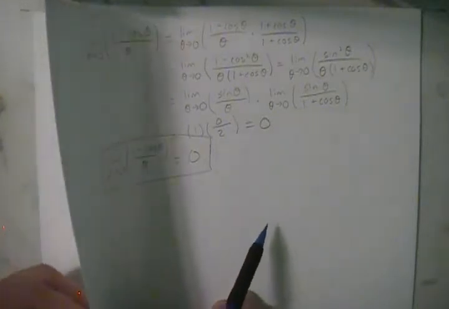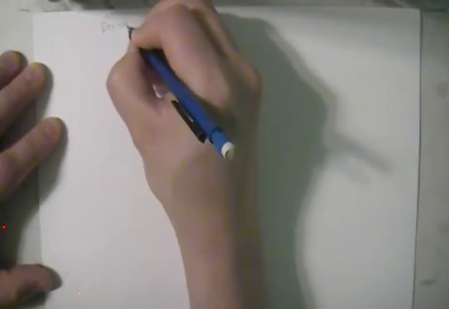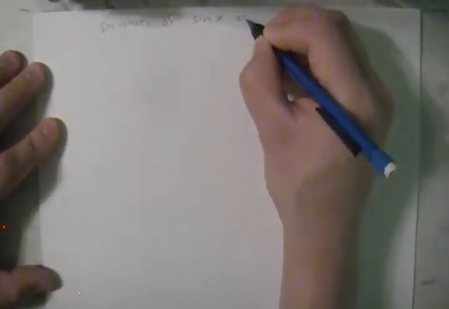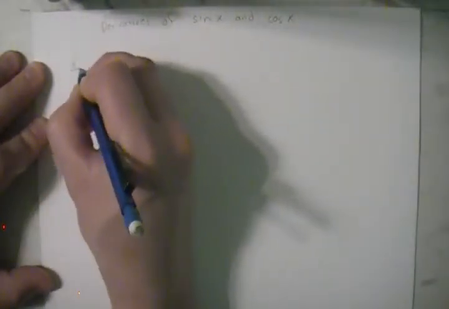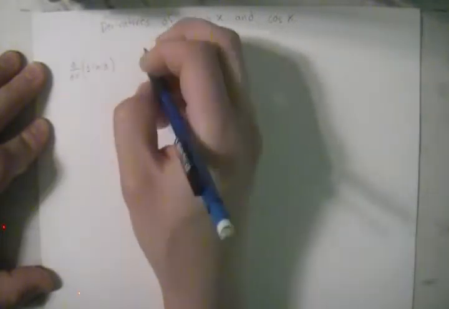So this is kind of a big step back, I guess, to covering the derivatives of sine and cosine, which will be what this page talks about. So derivatives of the functions sine x and cosine x. By the definition of a derivative, if I take the derivative d dx of this function sine